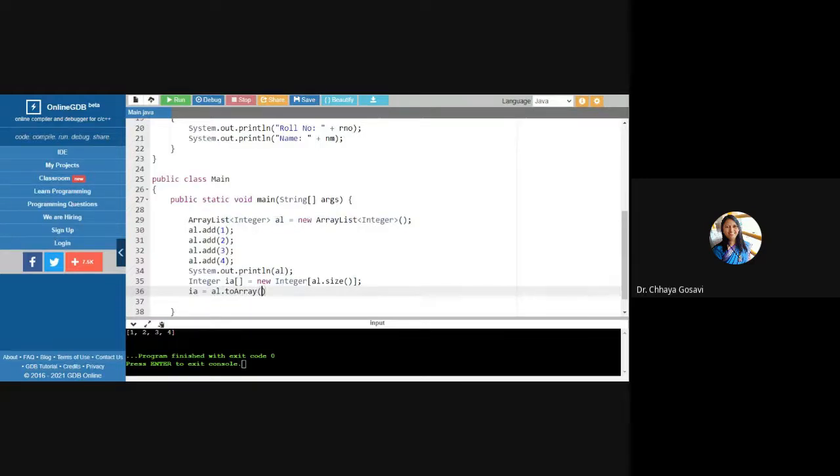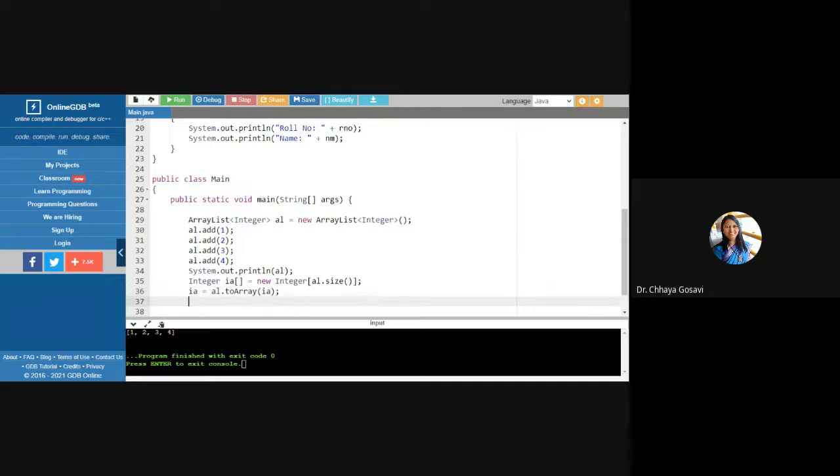And what do we want to convert to an array? IA. AL dot toArray IA, is equal to IA. So this function will convert AL to an integer array.